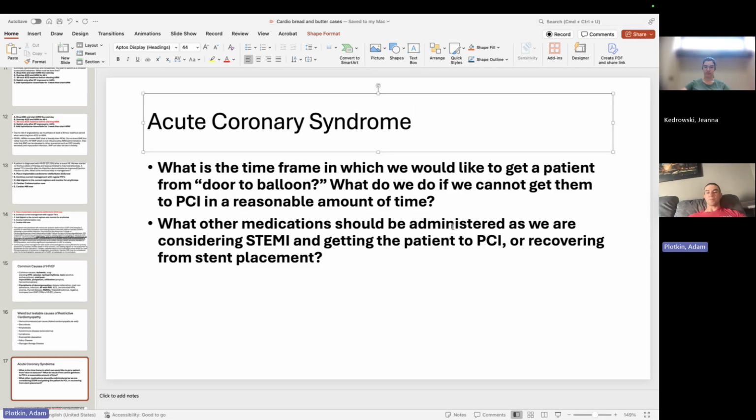What other medications should be administered as we are considering this? So we've got the EKG, we see STEMI, we see their troponins are elevated and uptrending. We're like, yep, this is acute coronary syndrome. It's STEMI. What other things should we give the patient while we're getting them to the cath lab? Okay. My main thought would be nitro so that you can open up those vessels. Yep. If there is the ability to get past that clot or not. But